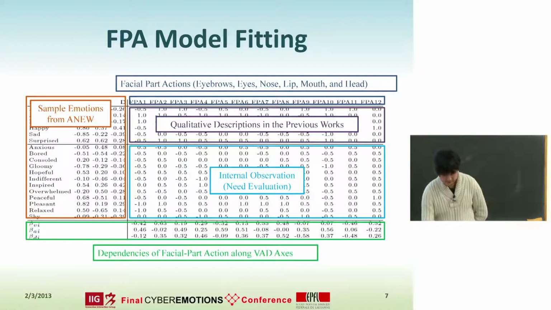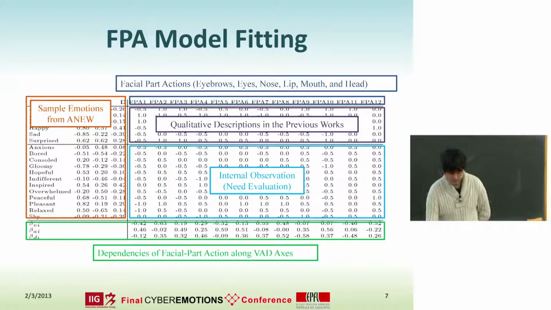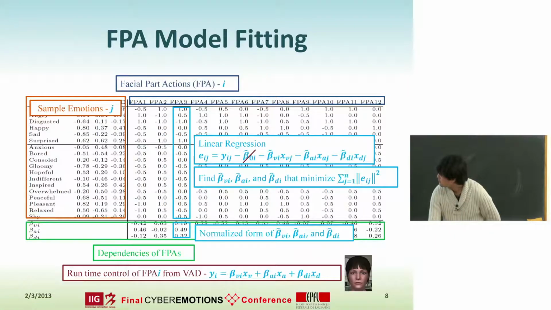After filling all the intensities of this table, at the end we have 3 coefficients, one coefficient for each emotional axis. With these coefficients, we were finally able to simulate the facial expression. There is some linear regression method, but since it's boring, I will pass over it very quickly.